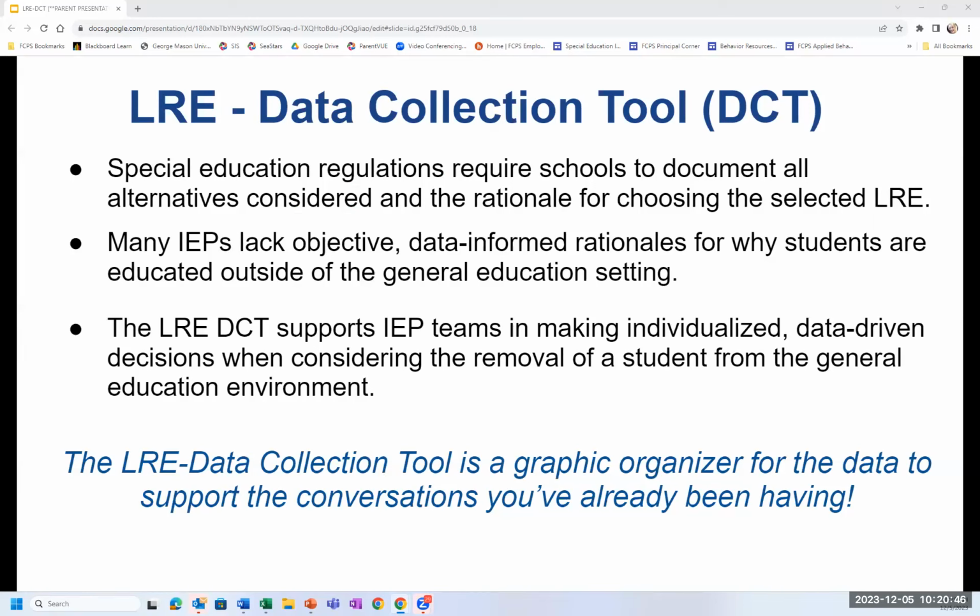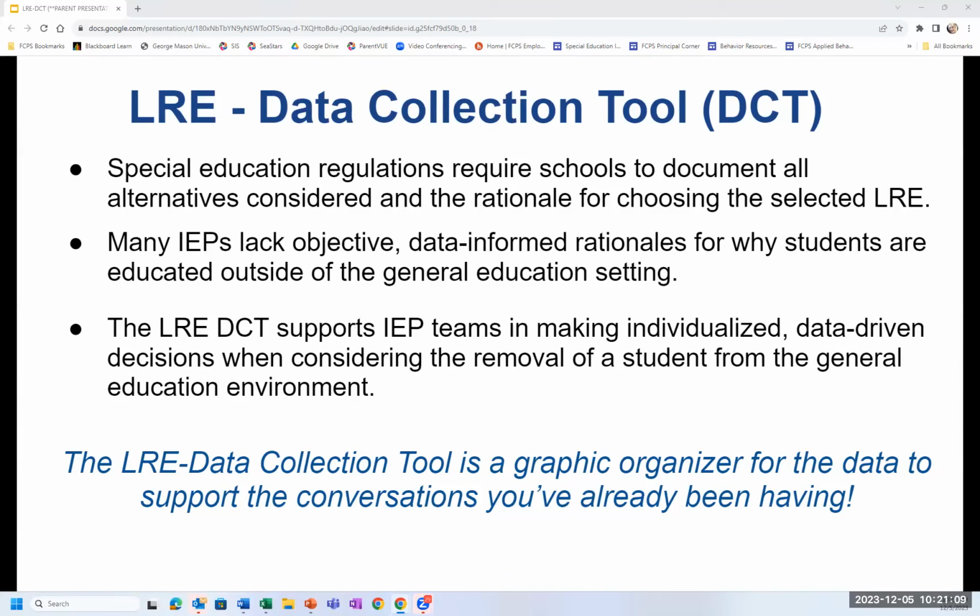Here is why. Special education regulations require schools to document all alternatives considered and the rationale for choosing the selected LRE. Many IEPs lack objective data-informed rationales for why students are educated outside of the general education setting.